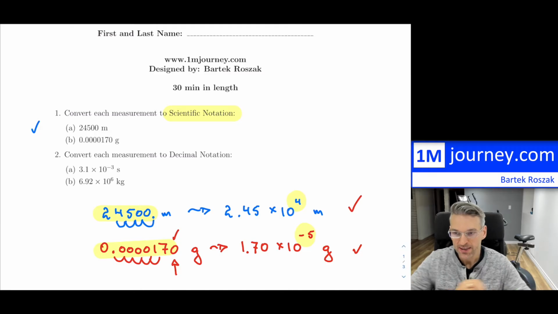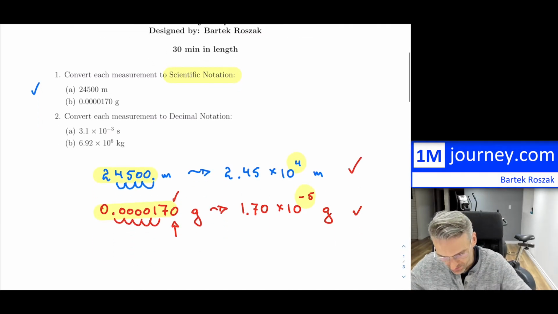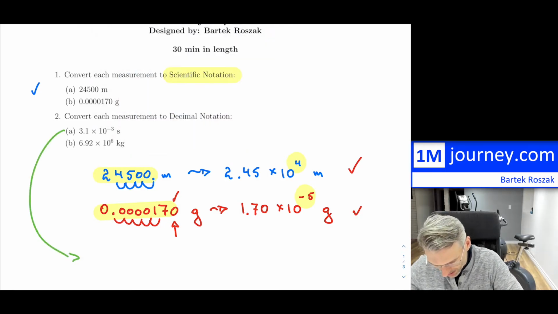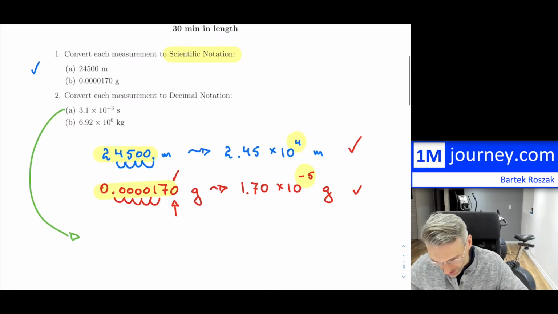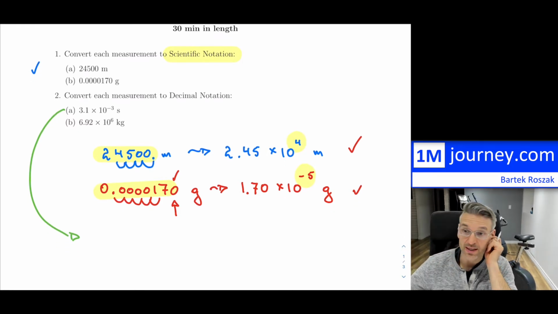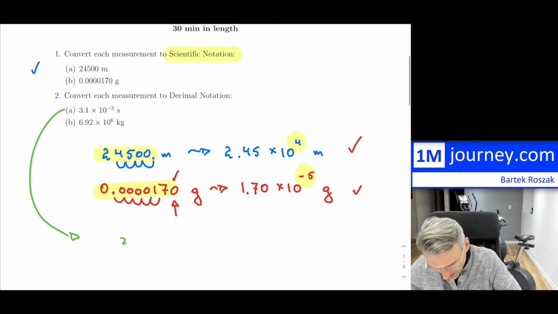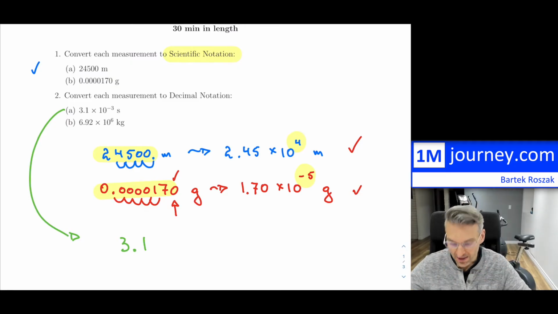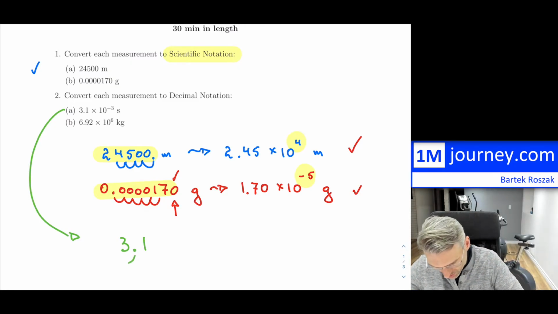Now, the next question that we have in here is the decimal notation. We want to convert each one into decimal, so we are starting off with scientific notation. Let's look at part A over here. In part A, it's 3.1 times 10 to the negative 3. Well, then we would take our mantissa, which is the leading number, and the negative just means that we would shift this over to the left, 1, 2, and 3. So that's our decimal spot. So this would have been